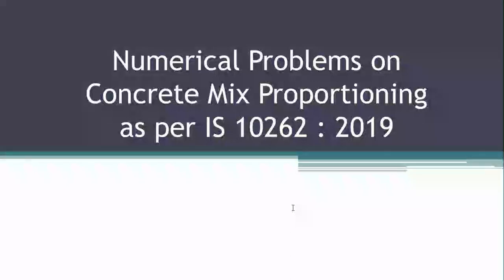So, in today's class, we'll be discussing the numerical problems on concrete mix proportioning as per IS 10262-2009. As I already mentioned, this is one of the important topics, because it can easily fetch you good marks. It is a problematic part, and most of the things are available in the code book. If you refer to the code book and the worked example in it, you can solve it very easily, and without any problem you can get full marks.